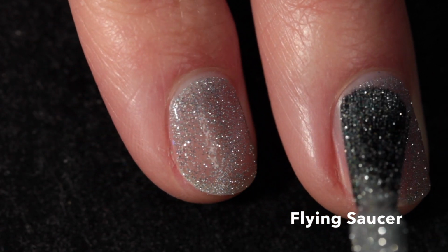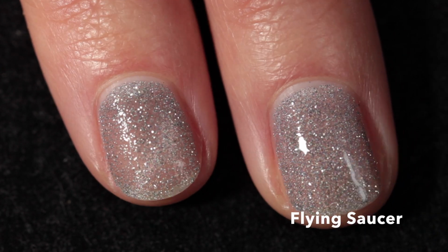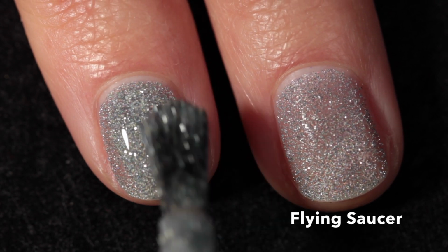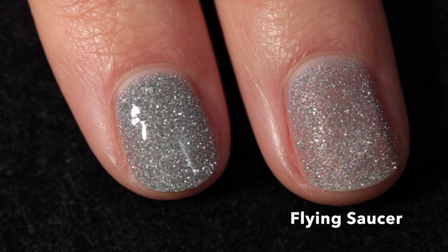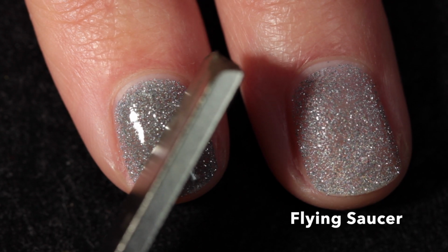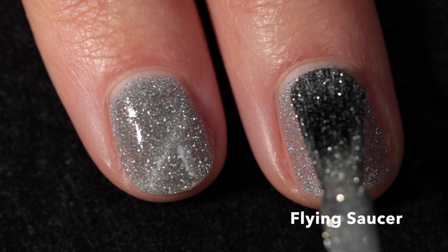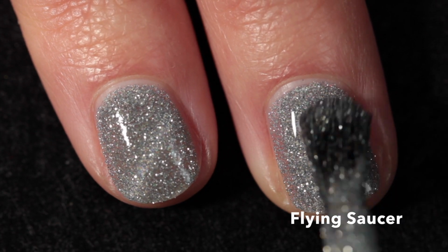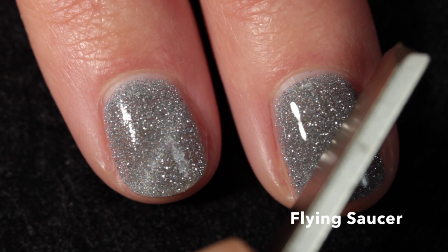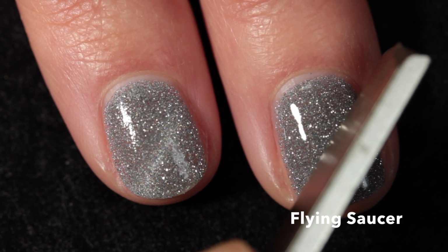So this one, I obviously love the name because flying saucers are so cool and iconic, and I'm just all about the aesthetic of aliens and flying saucers and UFOs. I don't necessarily believe in aliens, but you never know. So anyway, this one is a silver polish in the set, so it has reflective pigment, hollow, and